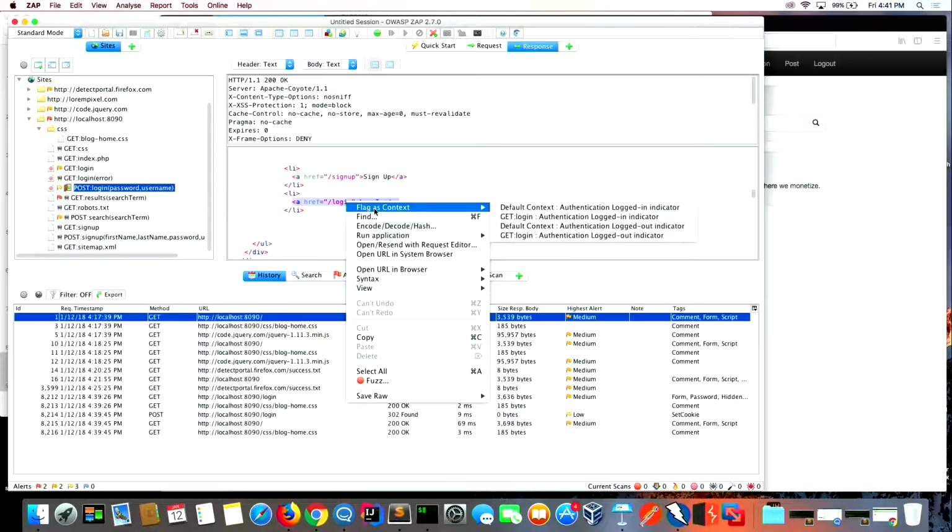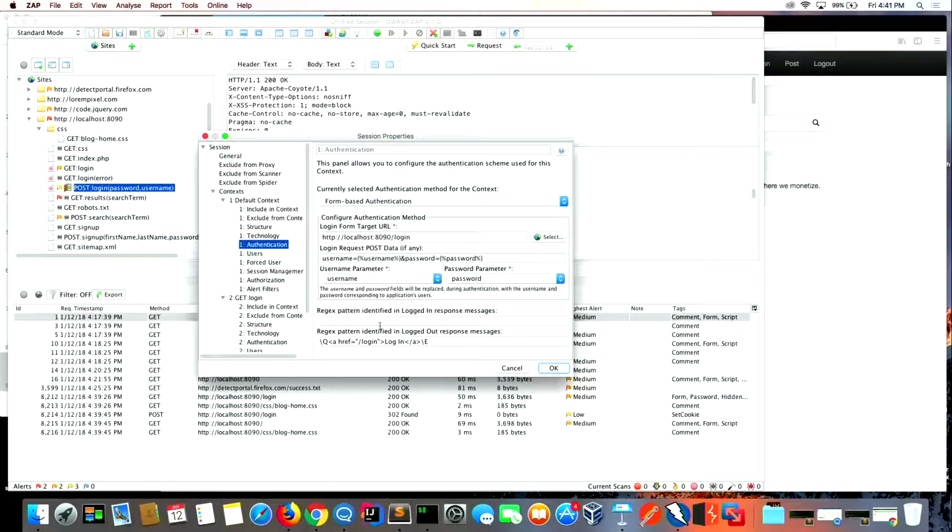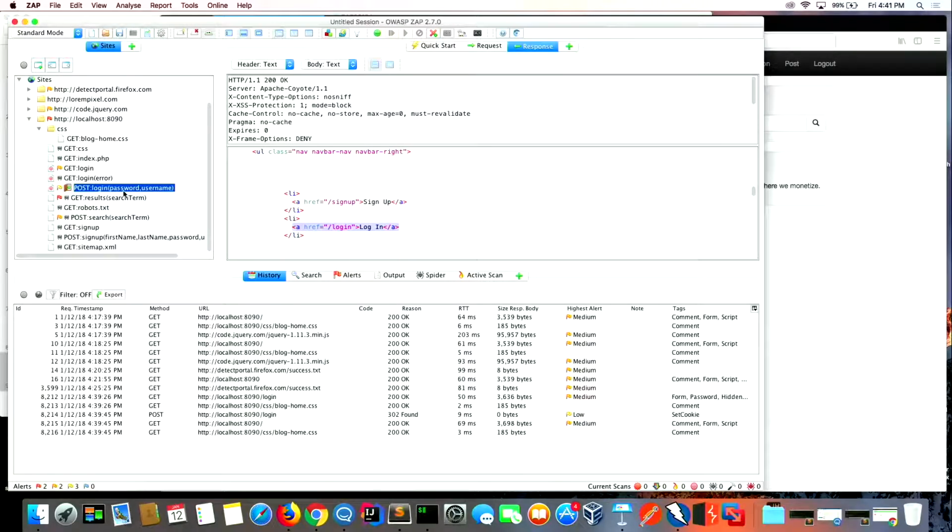So flag as context, default authentication logged out indicator. It adds the regular expression for you. It's really that simple. If you really like regular expressions and you want to write your own, you can do that. It doesn't care. I'm not going to do that because